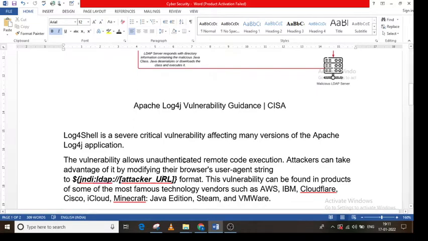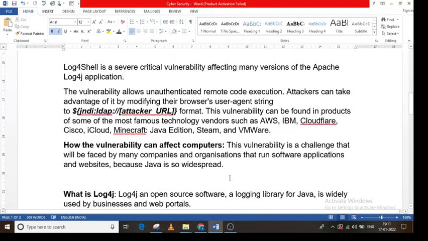The vulnerability allows unauthenticated remote code execution. An attacker can take advantage of it by modifying their browser's user agent string, for example, in this format. This vulnerability can be found in many products, for example, in Amazon Web Services, IBM, Cloudflare, Cisco, iCloud, Minecraft Java Edition, Steam, and VMware.